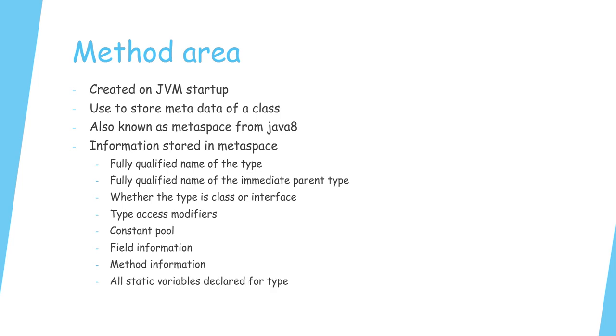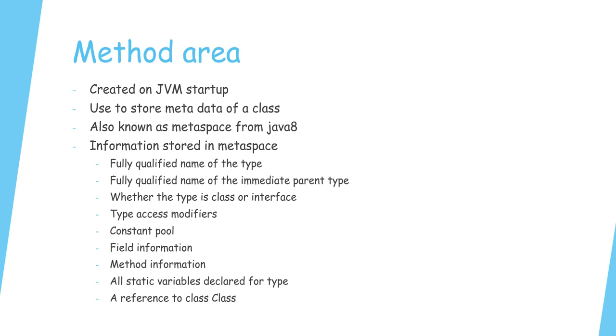It also stores the static variables declared for a type. The variables which are declared static are associated with the class and not with the instance of the class. So this information is also stored in the method area. Reference to the class: once the type is loaded and stored in the method area, the JVM will create an object of type java.lang.Class in the heap area. This object can be used by programmers to get the class level information. We have already seen this in detail, so I'm not going to talk about this now.